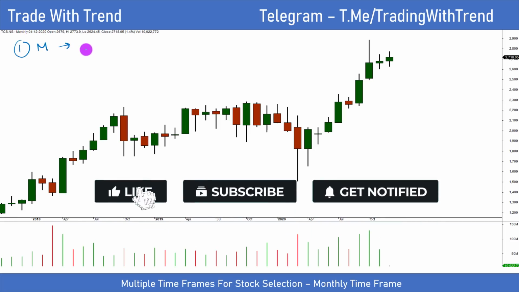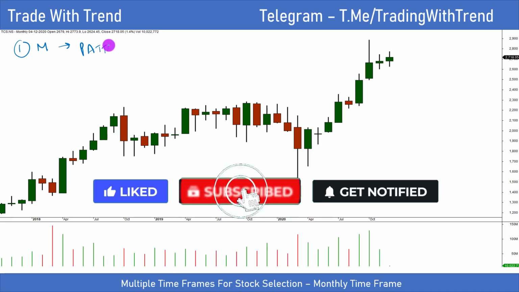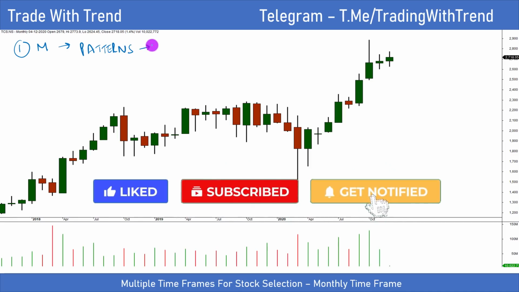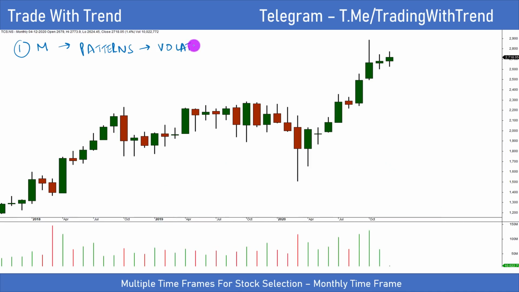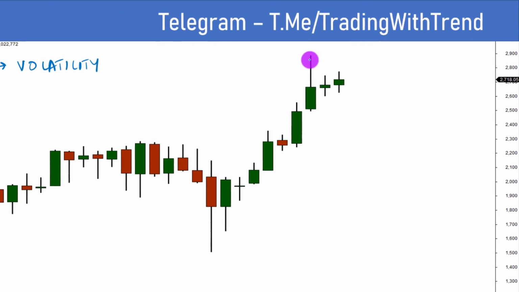So in the last video, the first step that we discussed was to go down to a monthly time frame chart, and this is where we analyze overall patterns. And specifically, we look for some volatility contraction that is going on in price. So this is a chart of TCS, again on a monthly time frame chart. Just come down to the candle here in the month of October. So take a look at this particular range here. This is somewhere close to 2900 and this is somewhere close to 2480. So for the last 2 months, TCS is now trading between the range of 2900 and 2480.